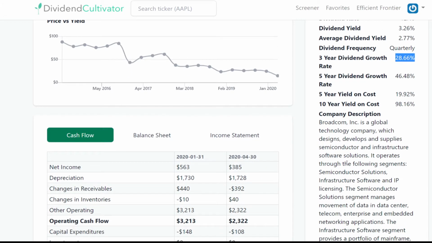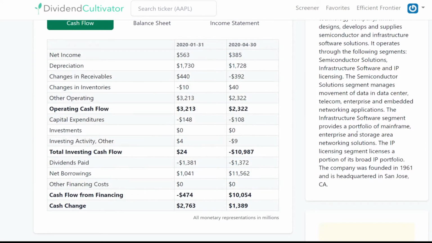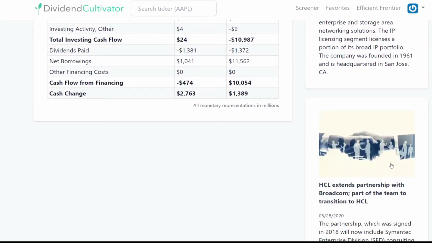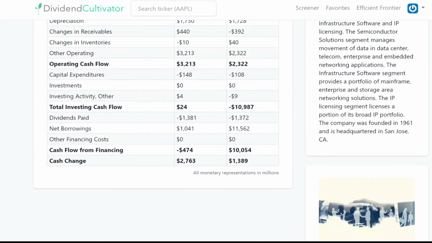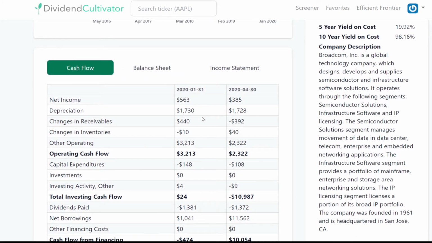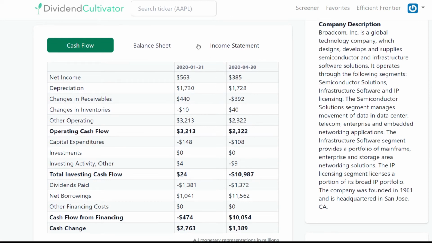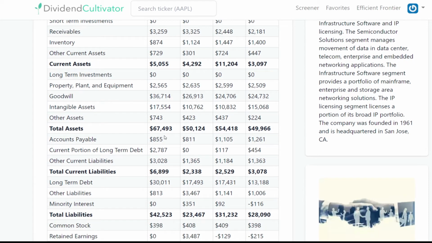So yeah, the rest of this column is just a description of what the company is all about and what they're doing. The last column is any news related to this particular company. And then this column over here, you have 3 different sections: cash flow, balance sheet, and income statement. These are also good things to take a look at just to see how the company's cash flow is, how it's currently doing, what assets they have, what liabilities, how fast they're paying off their debt, and just some